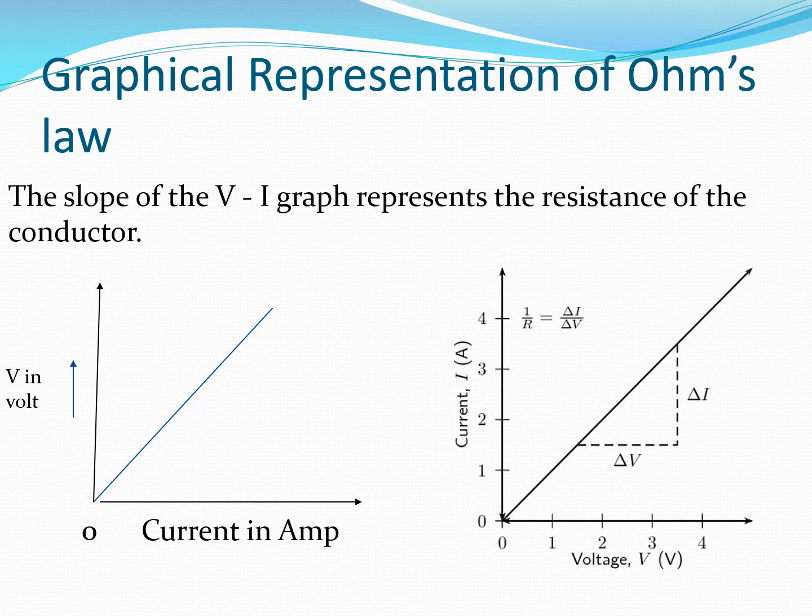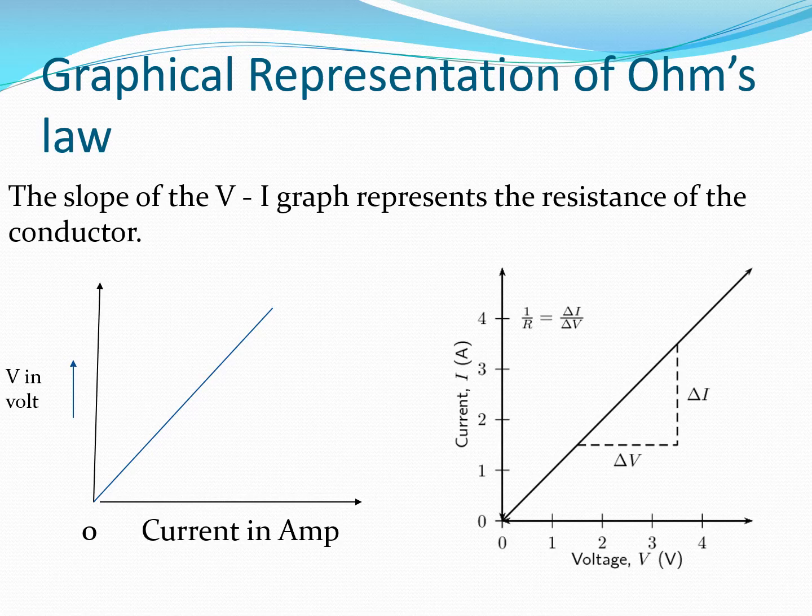The substances which do not follow Ohm's law will not give you a straight line passing through the origin. If you plot VI for them, you will get a curved line, generally a parabola. But we will stick to ohmic substances. And you need to learn how you can calculate resistance graphically from the VI graph.